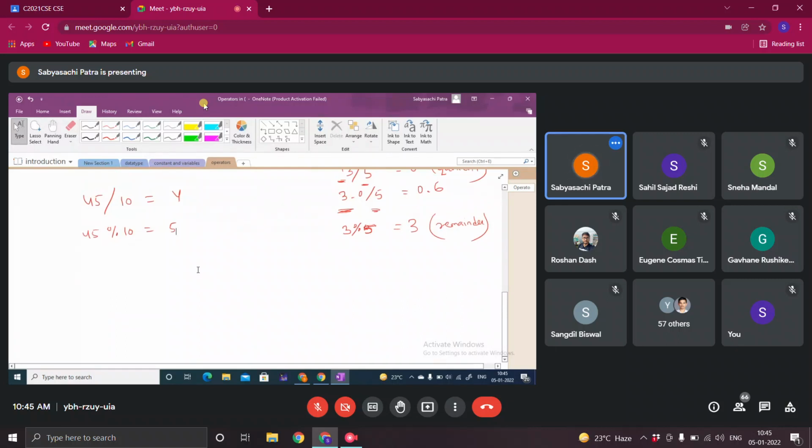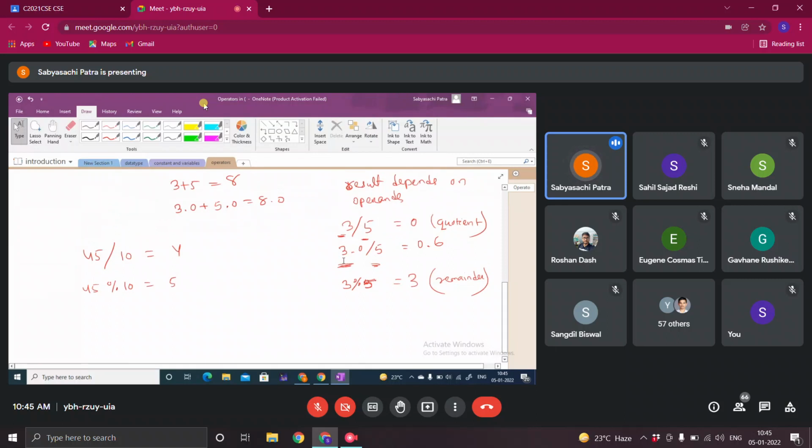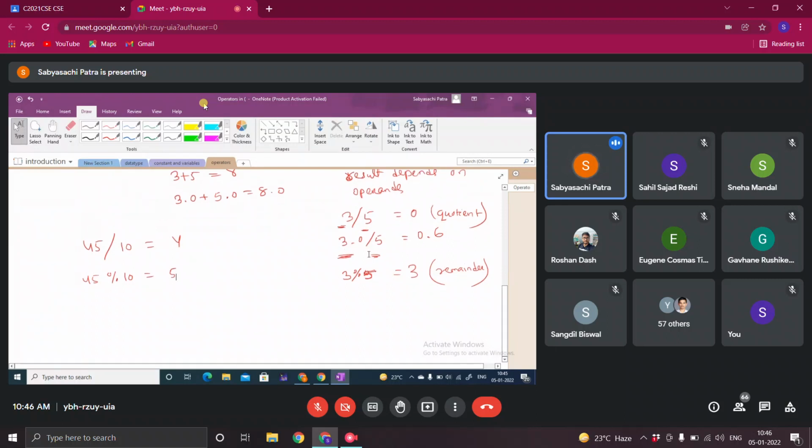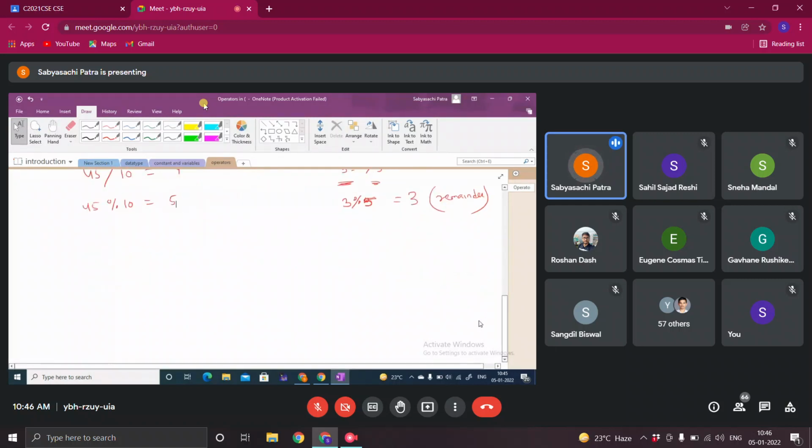When both operands are of the same type, then no issue. If mixed data types are there, real number and integer, in case of mixed type, implicit type conversion takes place in case of mixed operands.